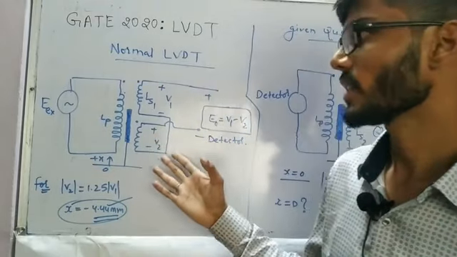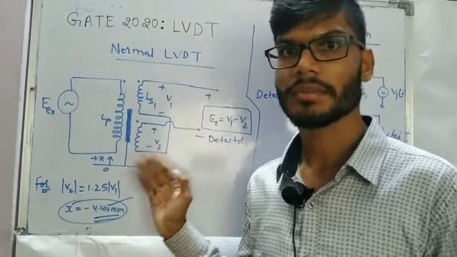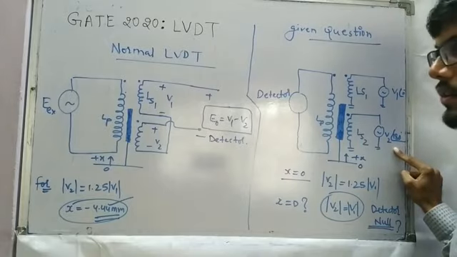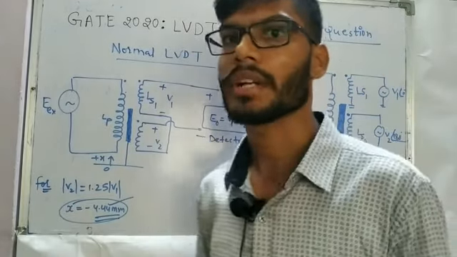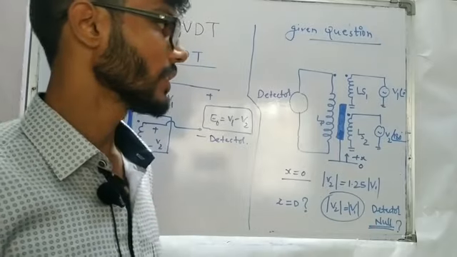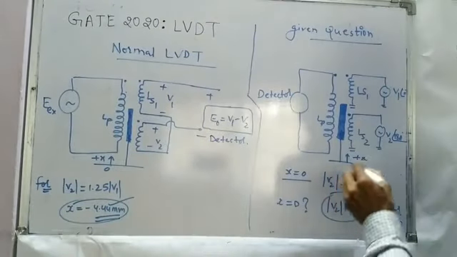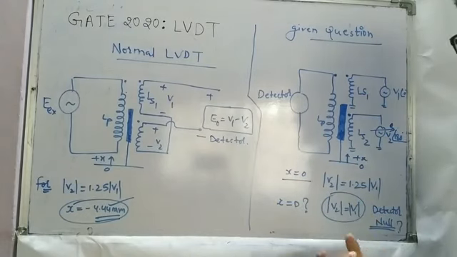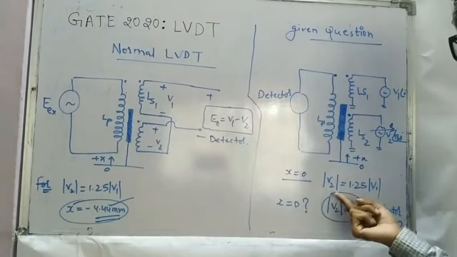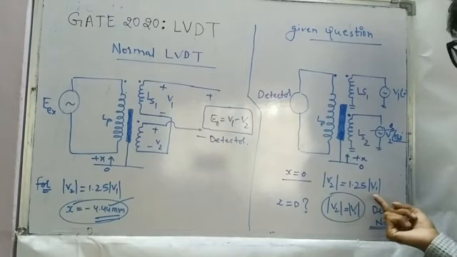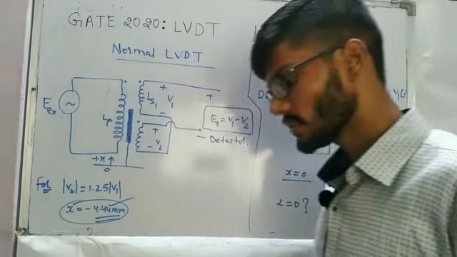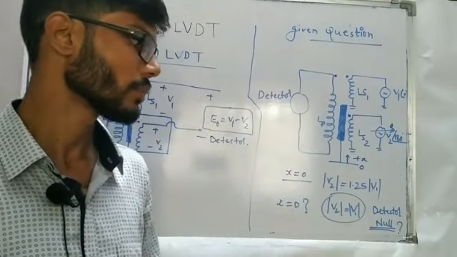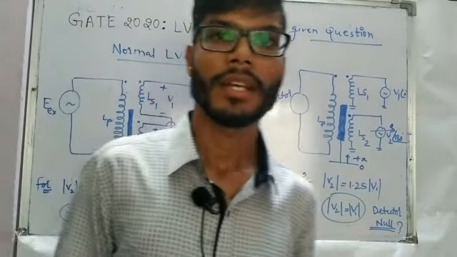But that is not exactly the scenario given in the question. Given in the question, first of all, V1 and V2 are not at all outputs. V1 and V2 are provided as the source voltages. Also it is given that when there is no displacement, at x equal to 0, the magnitude of V2 is 1.25 times the magnitude of V1, and the question clearly asks for what value of displacement at x equal to d the detector is going to give the null output.